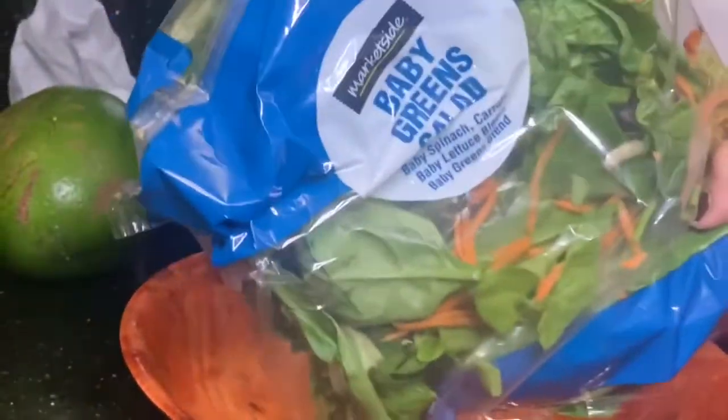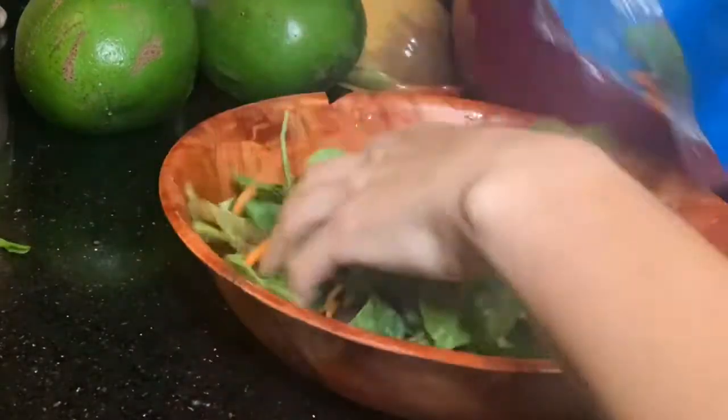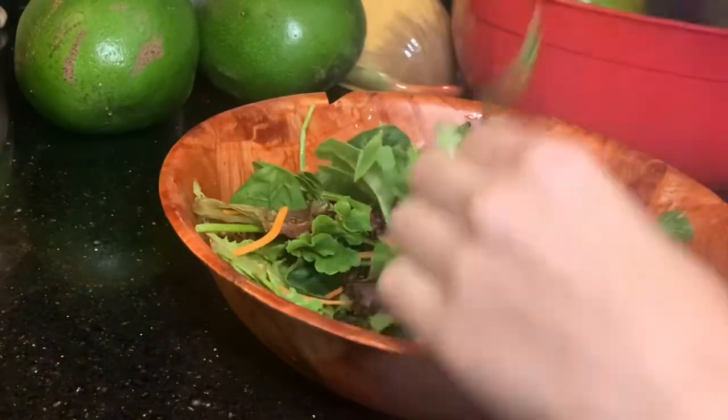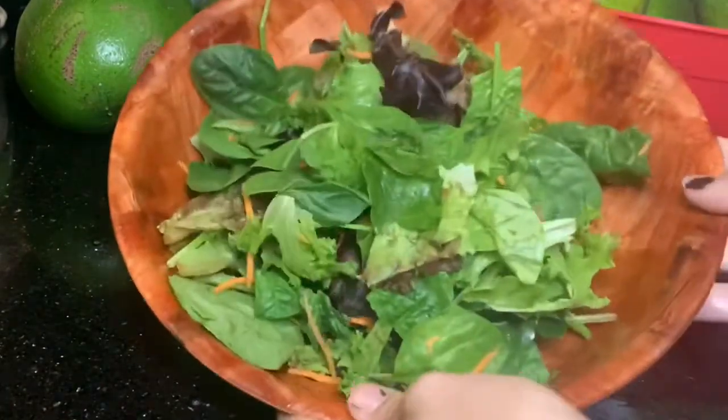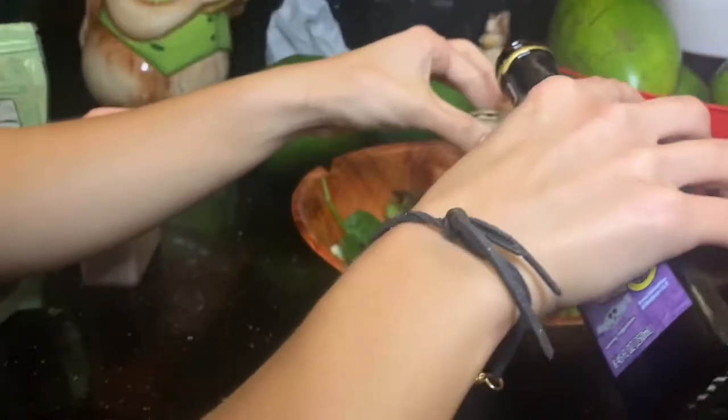Next I take baby green salad. I bought this at Walmart. It was like literally $1 or something like that. It was like less than $2, and I grab a good amount. I do rinse this, I just don't show it, but I do end up rinsing it after I put it in the plate. Here I'm just showing you what it looks like after it's rinsed,